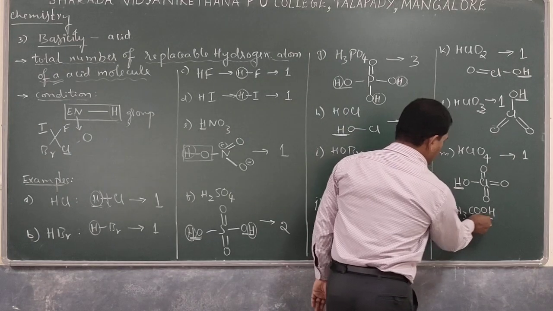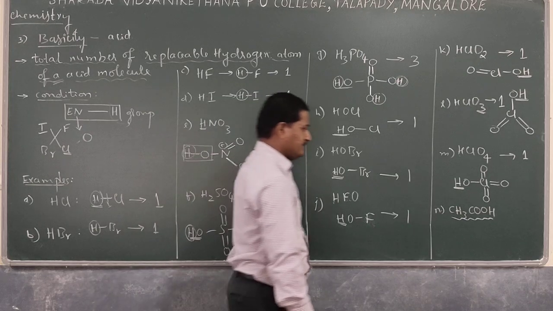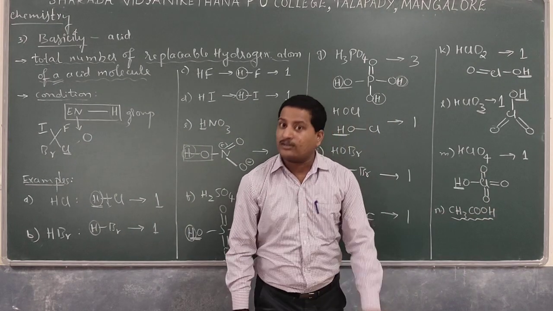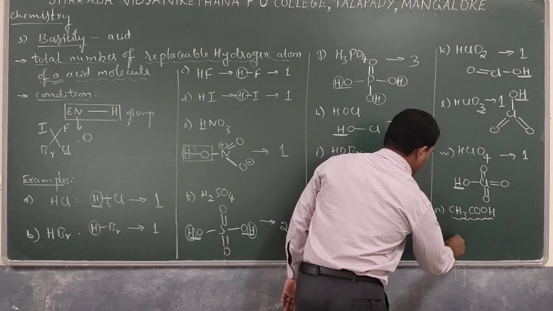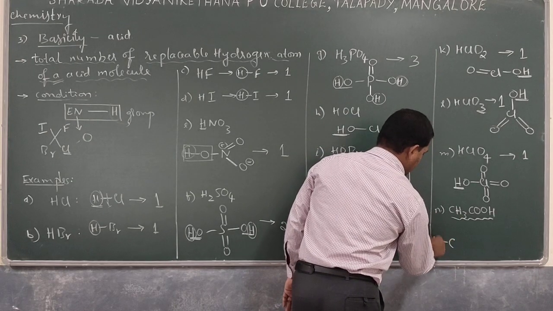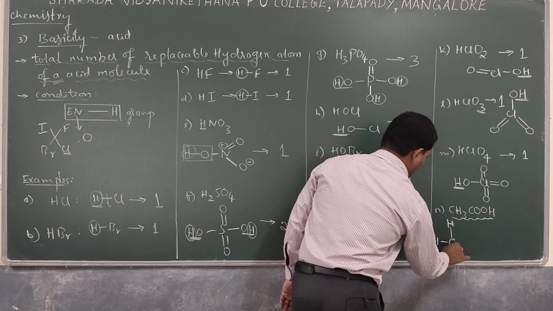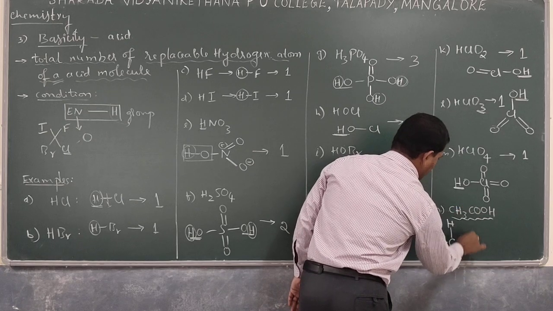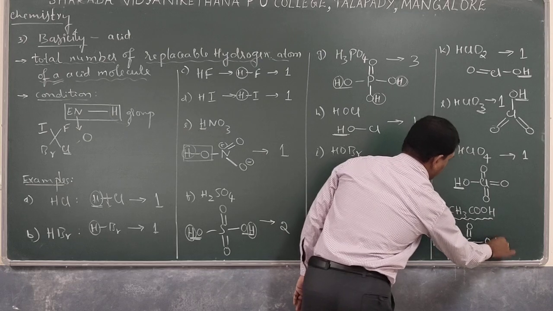And now coming to the most important example, CH3COOH, called acetic acid. Here the number of hydrogen atoms is 4, but the basicity is not 4. Why? Because if you write the structure of that acetic acid, there is a carbon atom here, and to that CH3 carbon, 3 hydrogen atoms are bonded. Okay. Then that carbon is bonded to another carbon with COOH, nothing but C double bond O, and then OH.